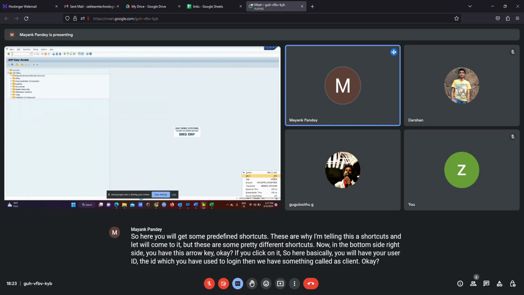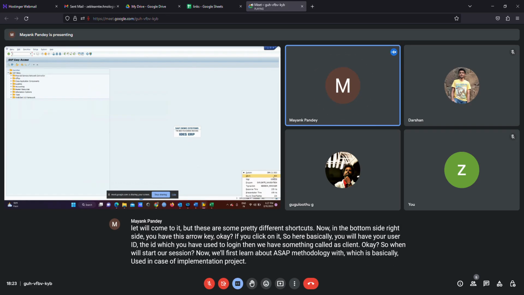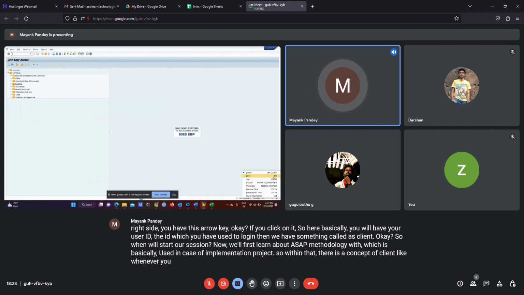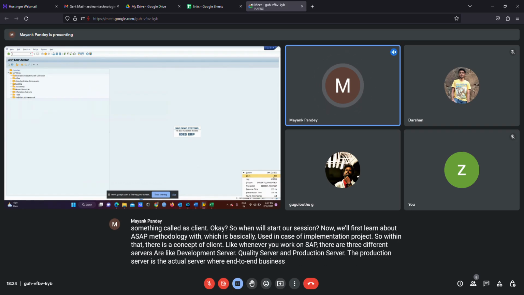When we start our session, we'll first learn about the SAP methodology, which is used in implementation projects. Within that, there is a concept of client. Whenever you work on SAP, there are three different servers: development server, quality server, and production server. The production server is the actual server where end-to-end business transactions take place.